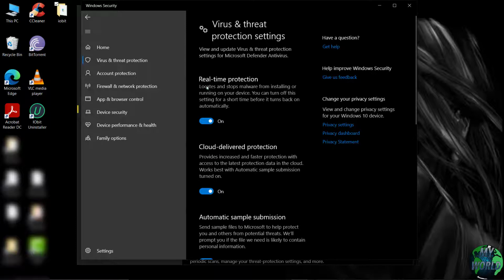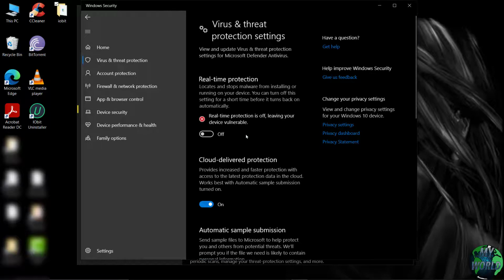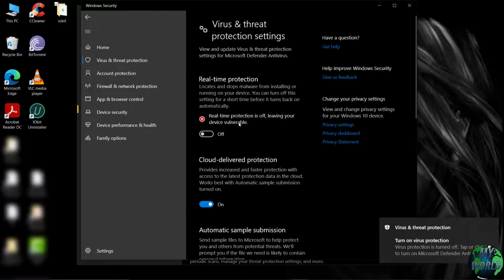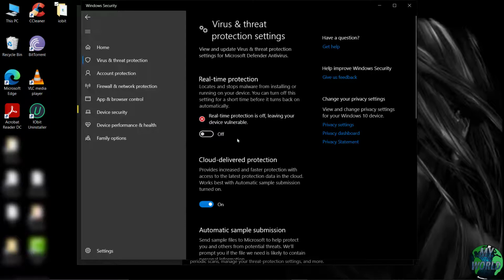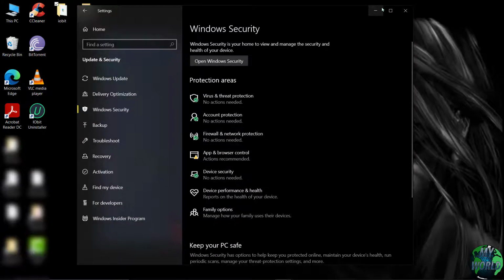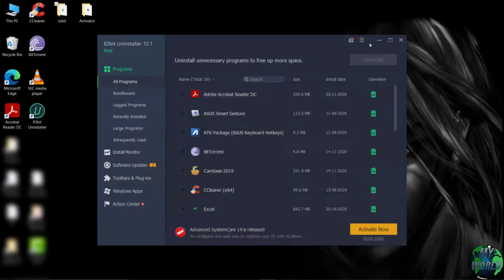Here you can see the real-time protection is on. We need to turn it off. After clicking on yes, you will see it has been turned off. So after the activation of the software, we will just turn it on. Okay. After that, nothing will happen to the activated product. We will minimize it, or you can close the tab also. Now here let us minimize this too.